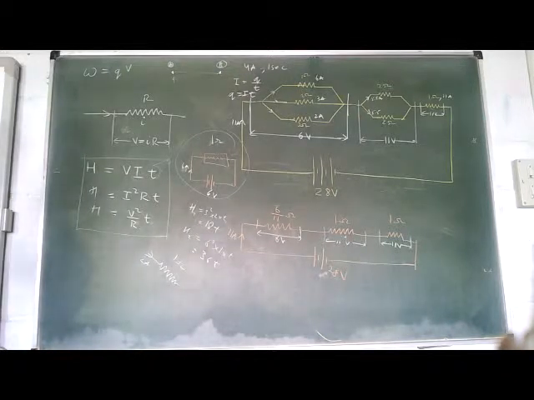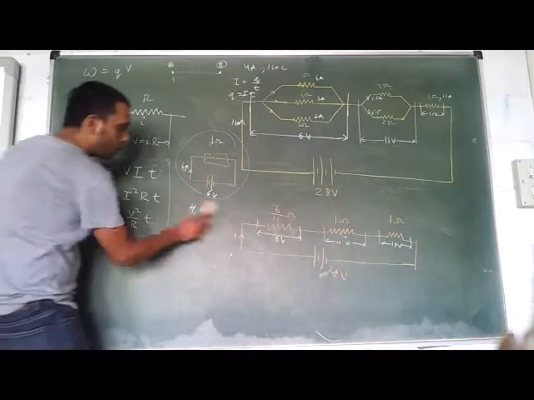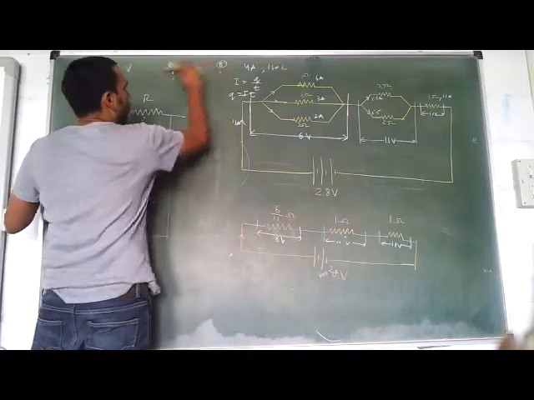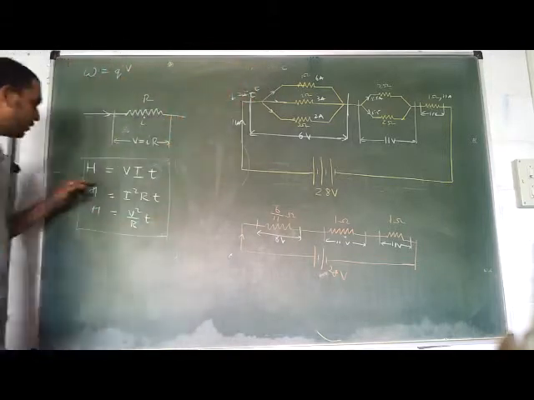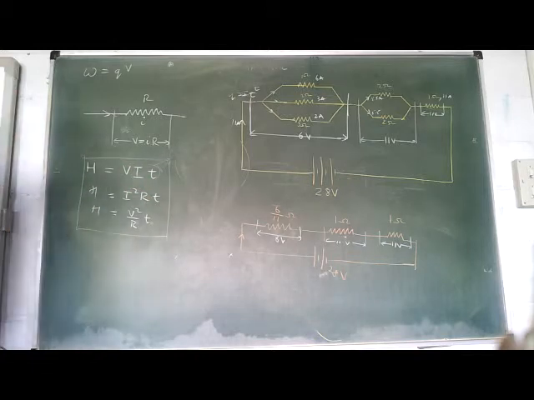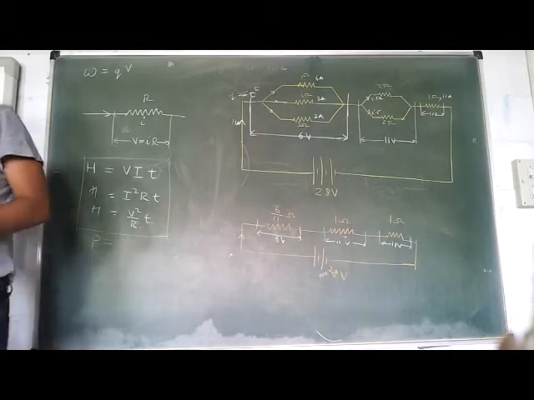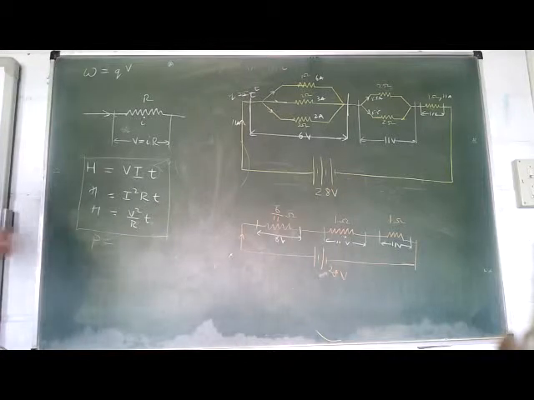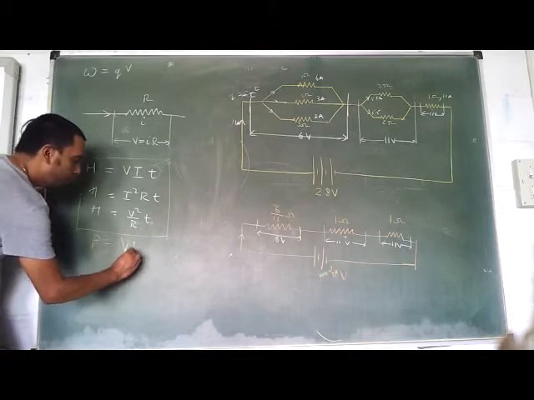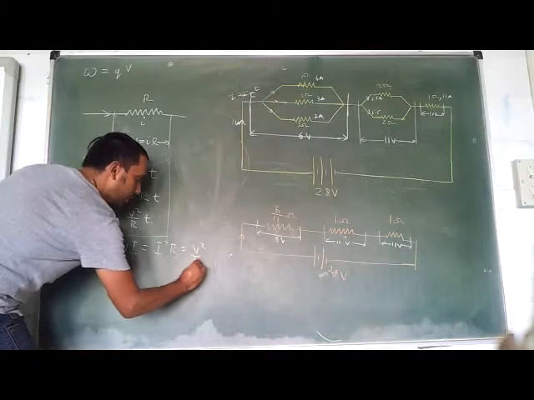Is it clear? Okay, what is power, by the way? What is power? Ajay, you got the thing, how you got this formula? It's a work done formula again, QV formula again, which we discussed in so much detail in the first class. Power is work done per unit time. So this thing is per unit time or not. Hence the formula will be VI or I square R or V square by R.